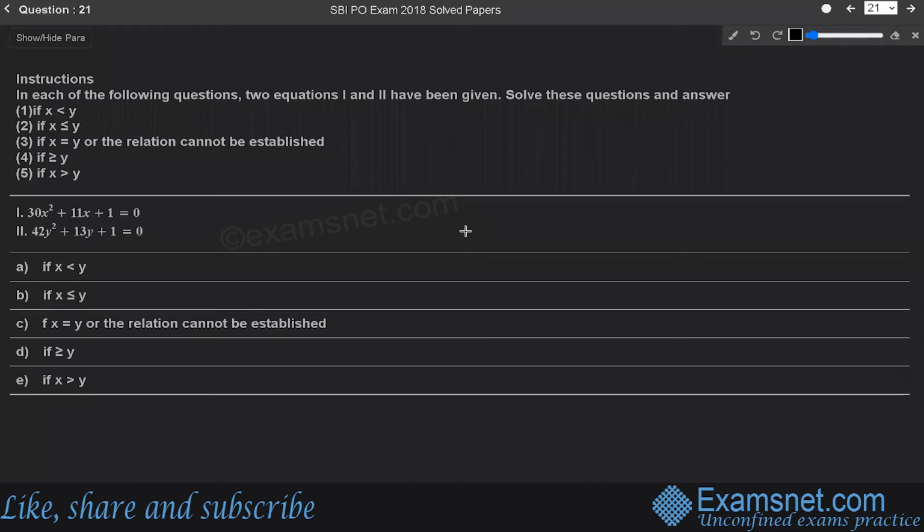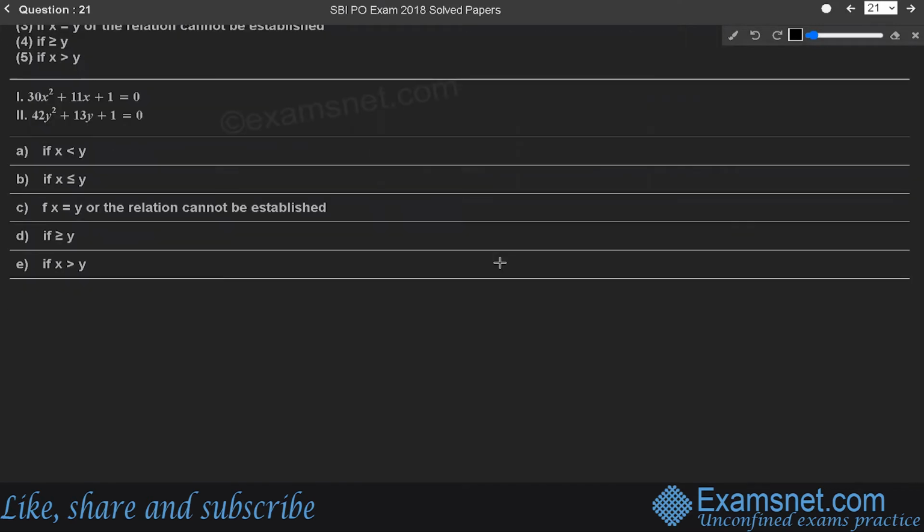Next question is, in each of the following questions, two equations 1 and 2 have been given. Solve these questions and answer. Here, the first statement is 30x square plus 11x plus 1 is equal to 0. We have to use factorization method here, which is splitting the middle term method to find the value of x and y. So this equation can be written as 30x square